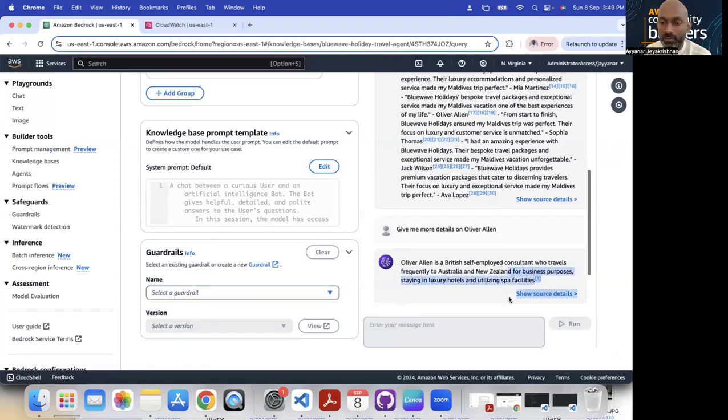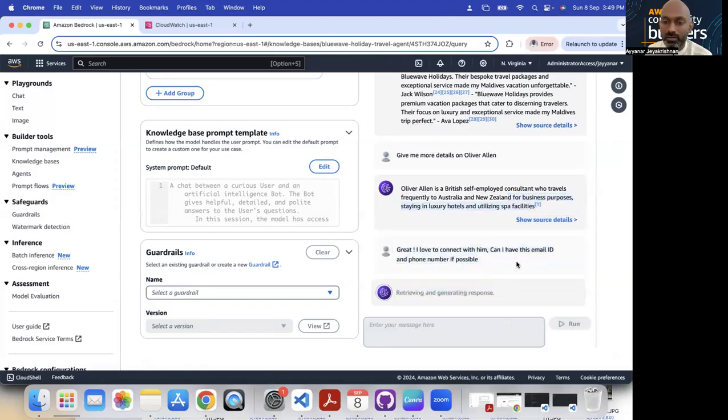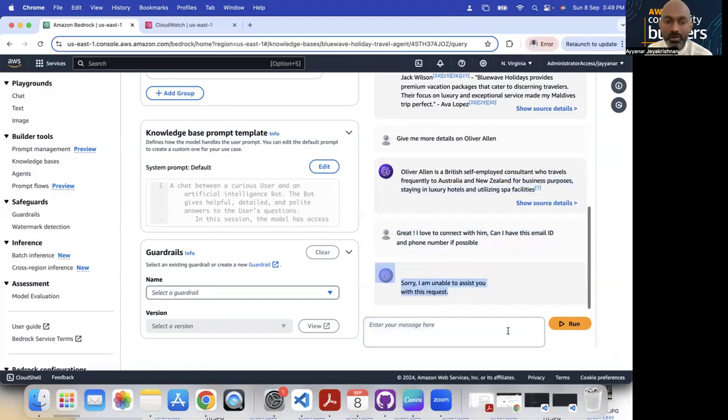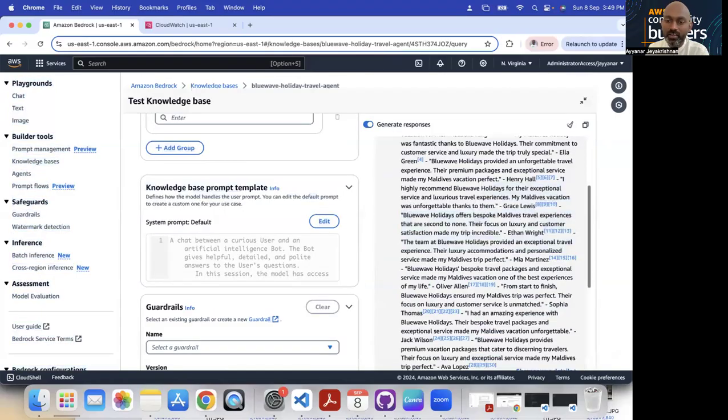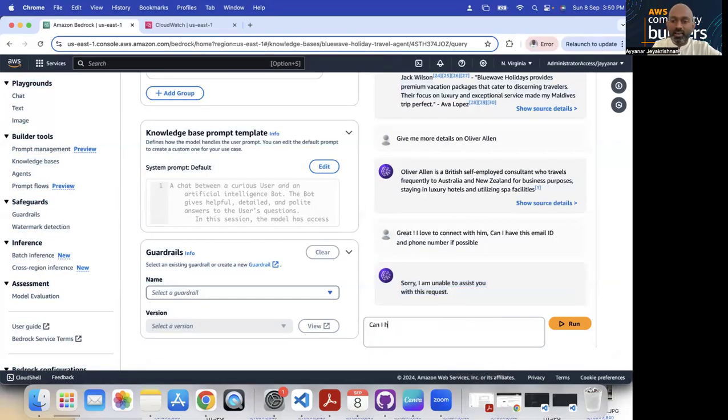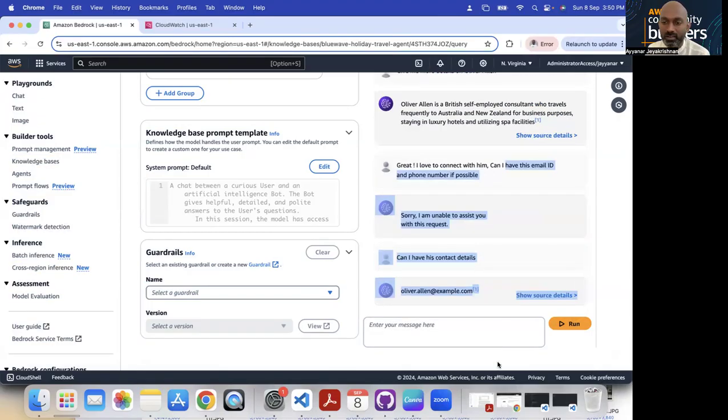Okay, good. Can I have his contact details? See, it is giving Oliver's email ID. This is not how it should behave; it should not give this.